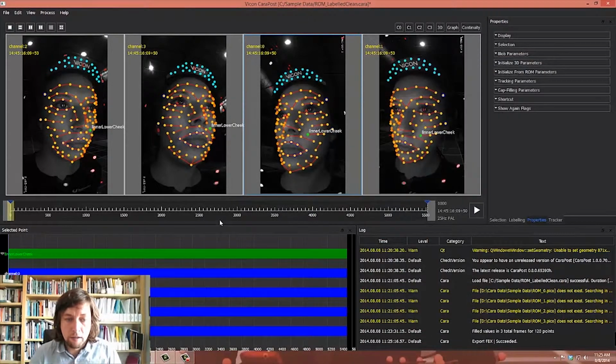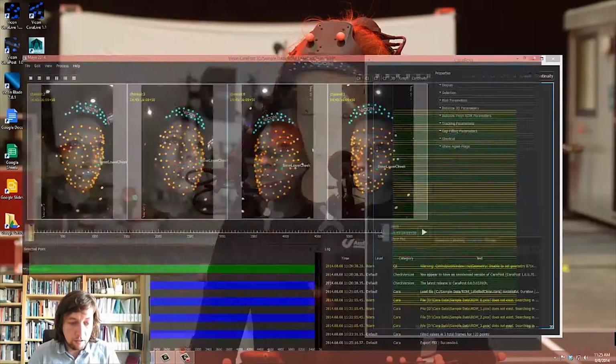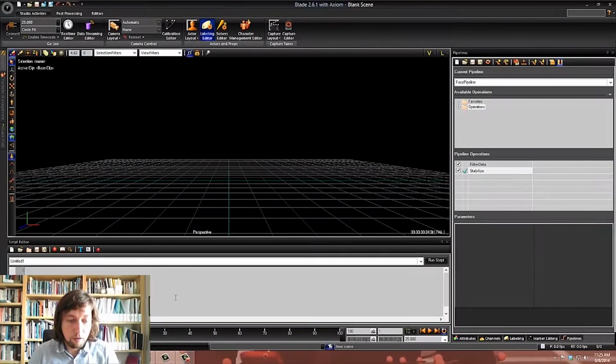Now one thing to note is that the cameras as well as the timecode, which you can see down here, all get exported as part of this process. So if you're capturing full performance data with body, it's easy to sync the face and the body back up together. Okay, so we could go straight into Maya, but I'd just like to show you how to take the